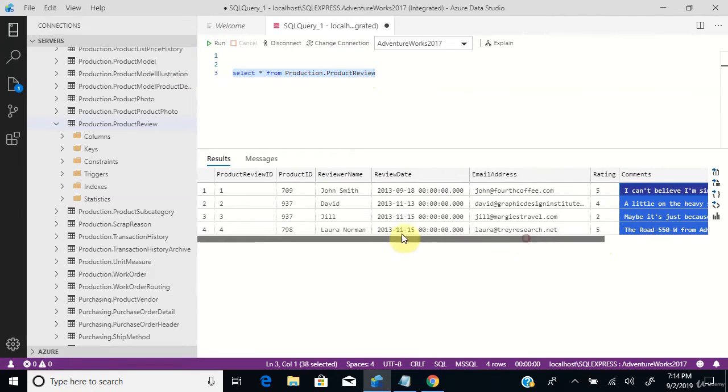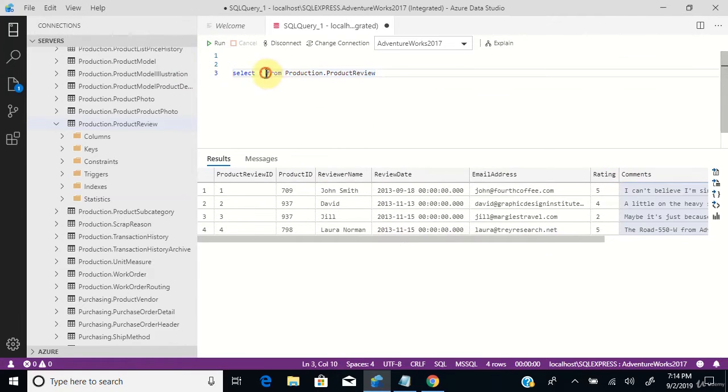So let's rewrite this query so that only these 4 columns are displayed in the output. The first column is going to be the product ID. The second one is going to be the reviewer name, the person who left the reviews for this particular product.